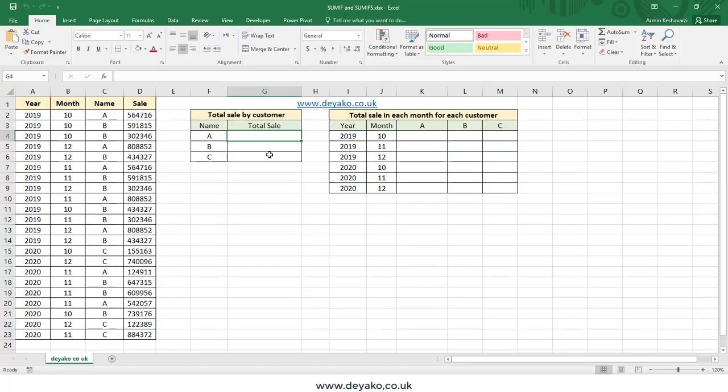Hello everyone, here we want to talk about the SUMIF and SUMIFS functions in Microsoft Excel. These functions will calculate the summation of one column or one range based on some criteria. So for example, here I want to calculate the summation of my total sale for each of these customers. So I have these customer names in one column and I want to calculate how much these customers